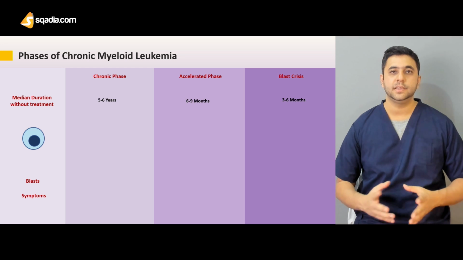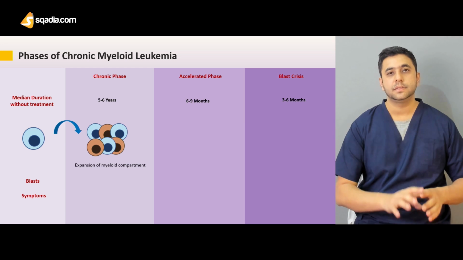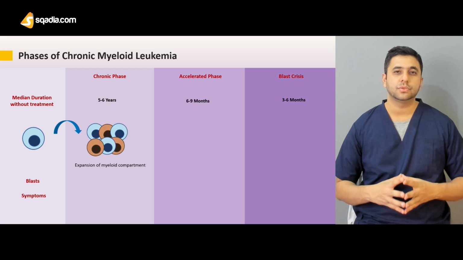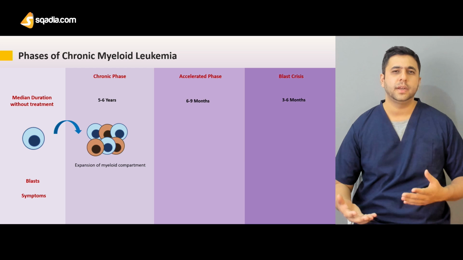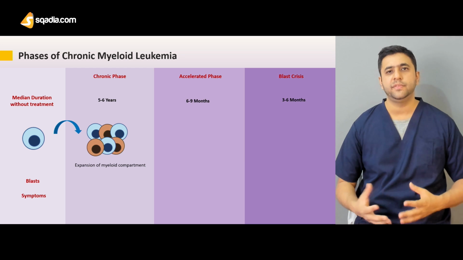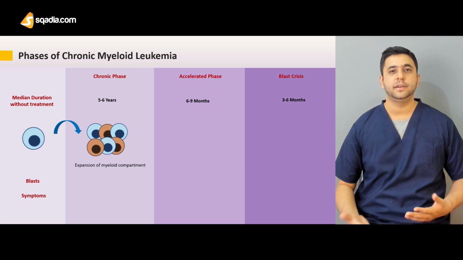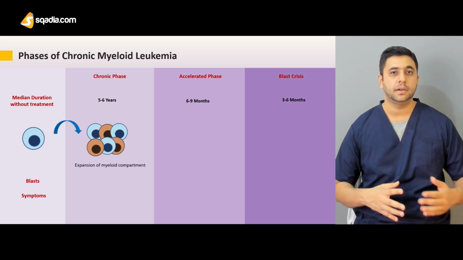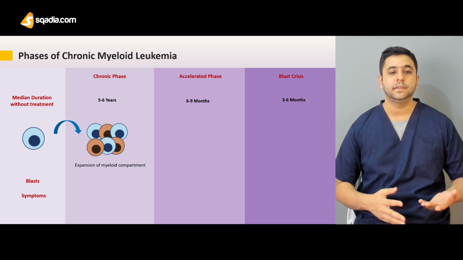Now, how do we demarcate these phases? This is important to understand. We demarcate them on the basis of various components. In the chronic phase, as we are going to talk about in the symptom section, the patients are generally asymptomatic. There are very few symptoms, like chronic fatigue, malaise, or just low-grade fever. So you do a complete blood count for some other unrelated disorder, and you see that there are a lot of white blood cells, a disturbed picture of the complete blood count. So it can be an accidental discovery.